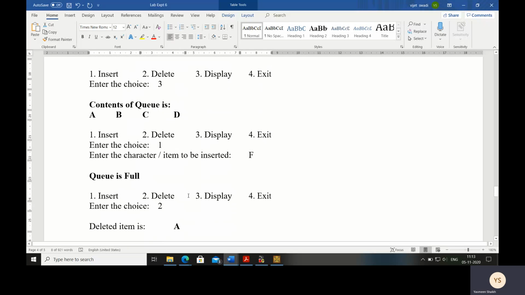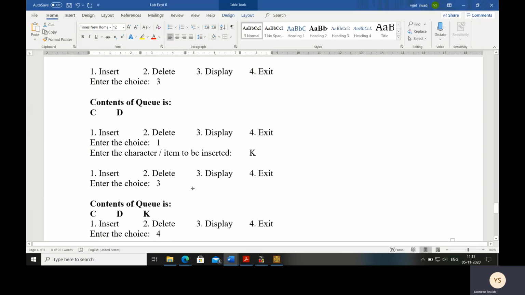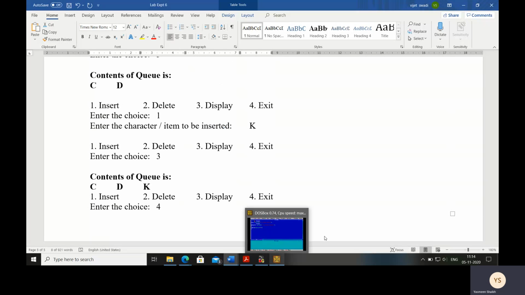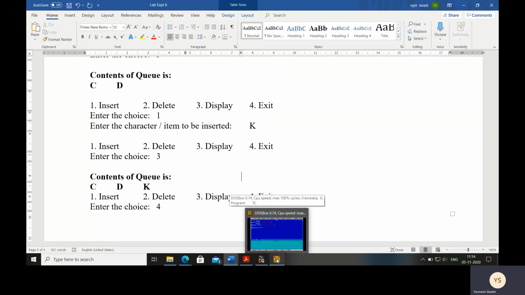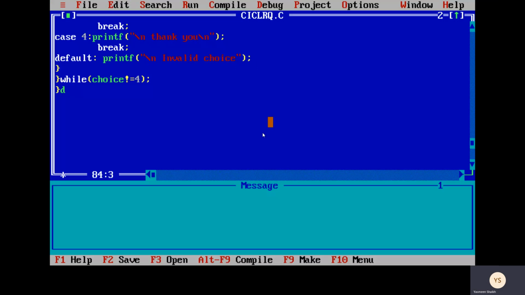Then if the user wants to delete an element by pressing choice 2, the elements can be deleted one by one. Once all the elements have been deleted, the queue empty condition will be executed. In this way, the circular queue can be implemented. Now let us try to execute the program. We'll go to Turbo C. I have already tried